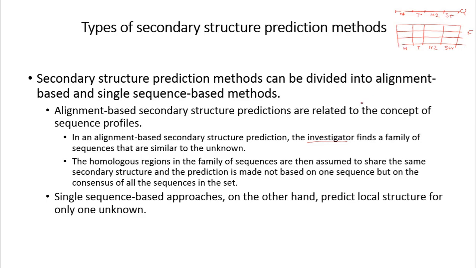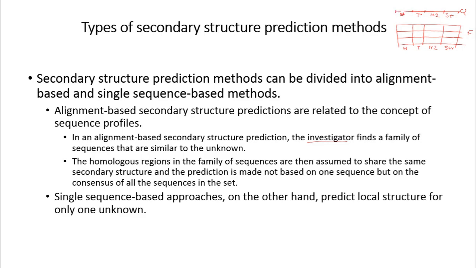Okay, so that is what it means, that the secondary structures are based on the assumption from the consensus sequence that are present in the family, and not on the physicochemical properties of the amino acid residues that are present over